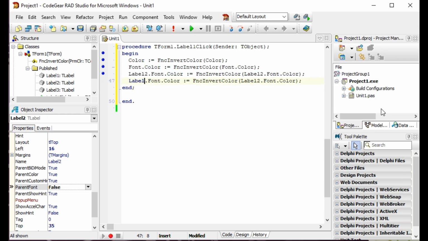Then label 3, we don't need to invert the background because by default labels are transparent.